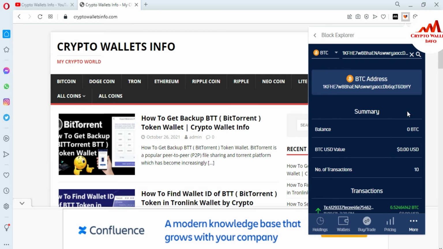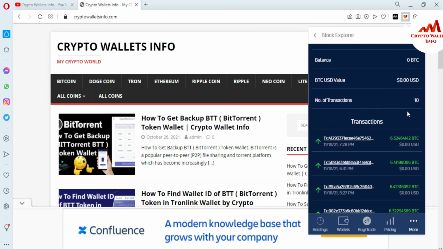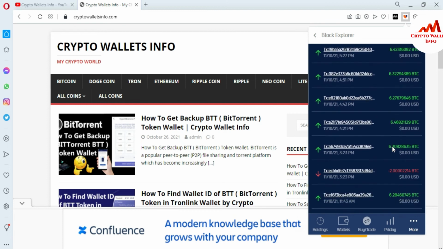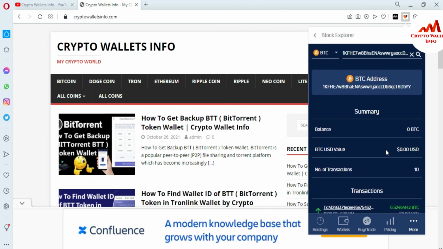You can see the summary is available about this wallet, and the transaction ID 111021 means today we made a transaction from this wallet: 6 BTC received, and you can see all transactions available here. 2 BTC sent. You can check all transactions of this wallet from your Jaxx Wallet Explorer.